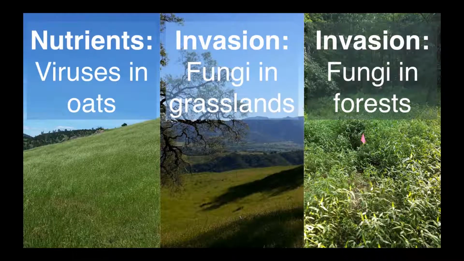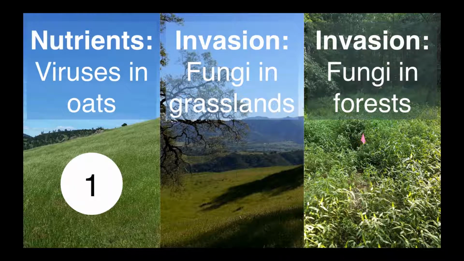And so the three systems I'll be using to build on that research include viruses in oat plants and looking at how nutrients mediate those. For the invasion, one system that I'll be talking about is California grasslands and the foliar fungi that are in those. And then third, moving into forest systems, I'll talk about understory grasses and their fungal infections. So starting with this system,